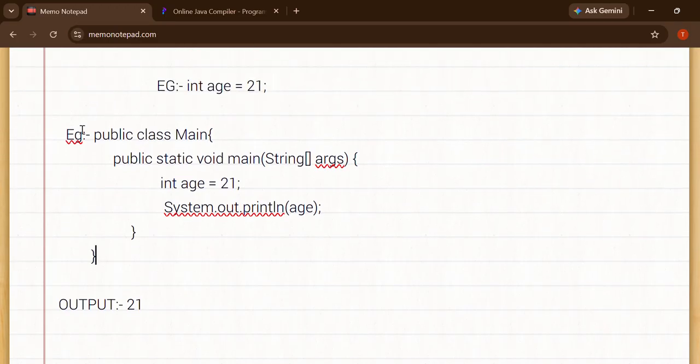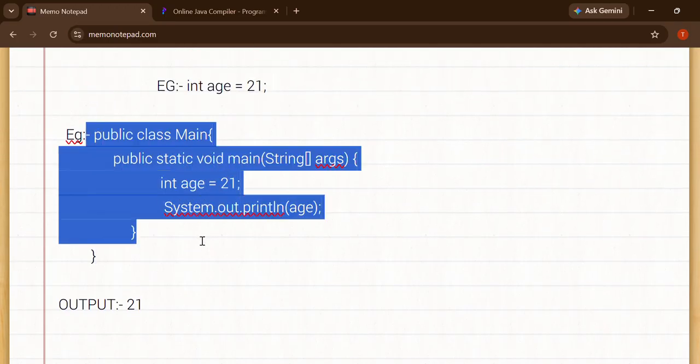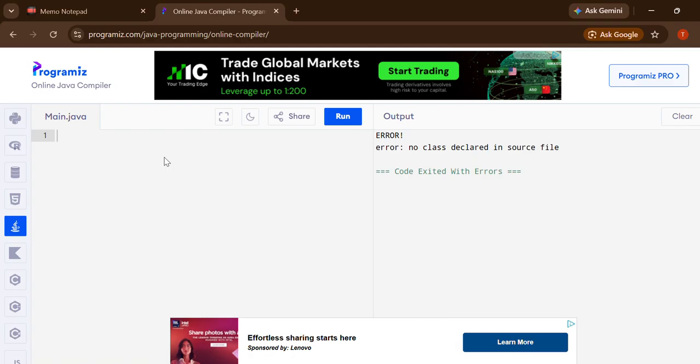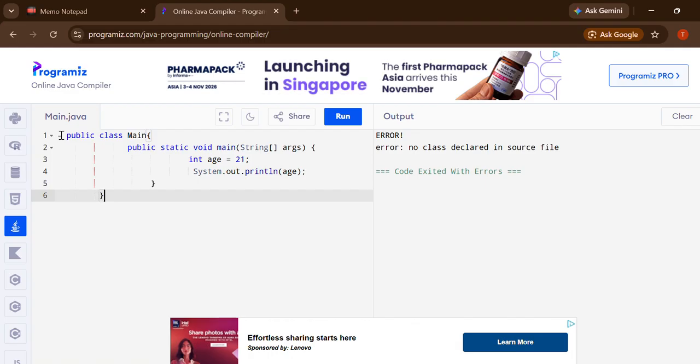Okay, let us see this live. Let us run this in an online compiler. Let's copy this code, go to the compiler, and paste it. Let us run.